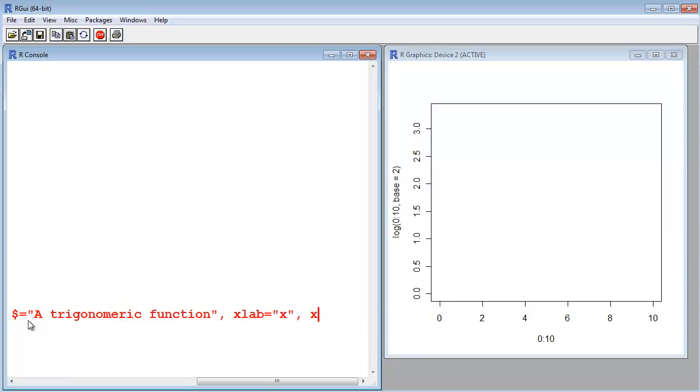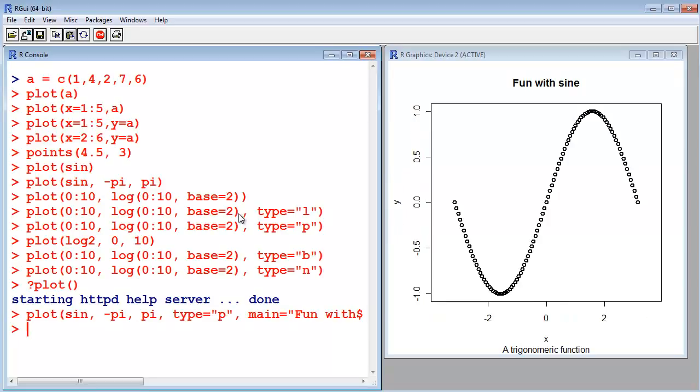x, y-axis should be y, and the ratio should be 2 multiplied by pi divided by 2, and the line width should be 2. So let's see this. It looks like this. So the ratio is a bit different this time, and the type is point. So this is the title, main title, subtitle,